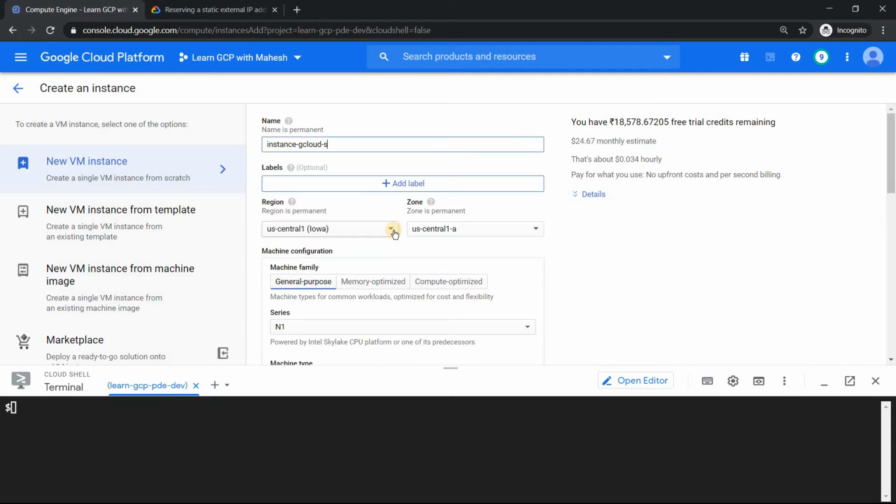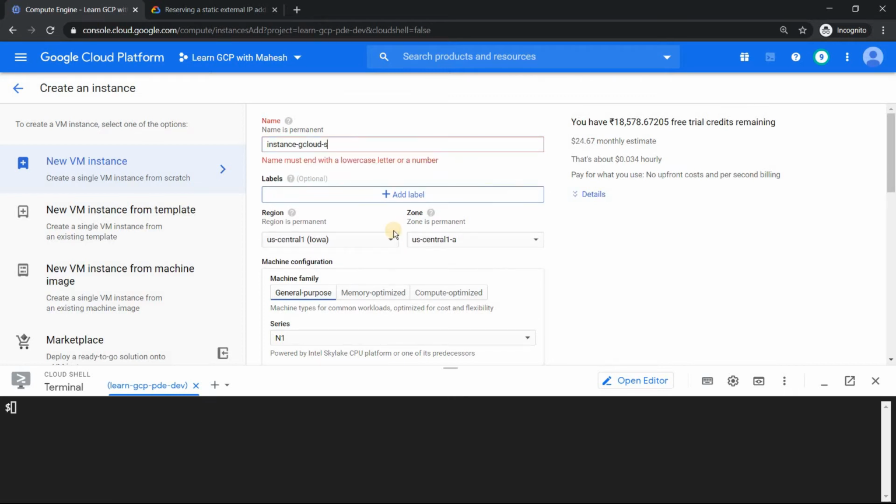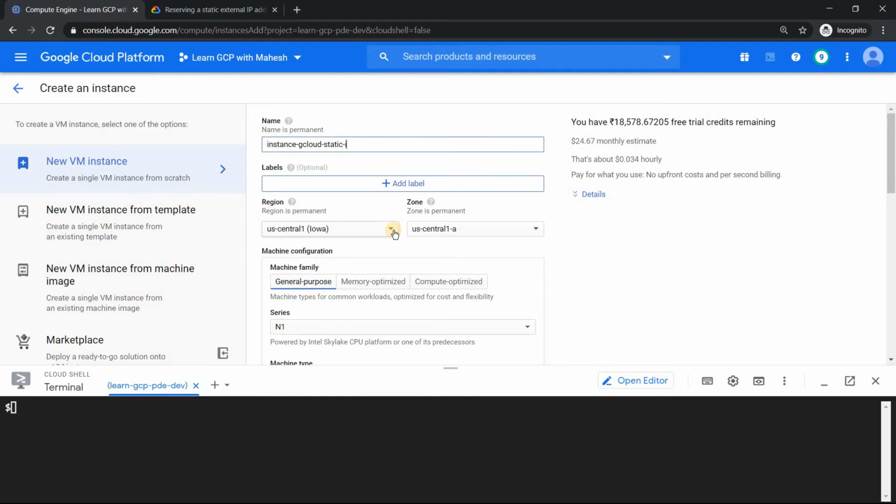So gcloud static IP. Okay, so and I'm just going to make it